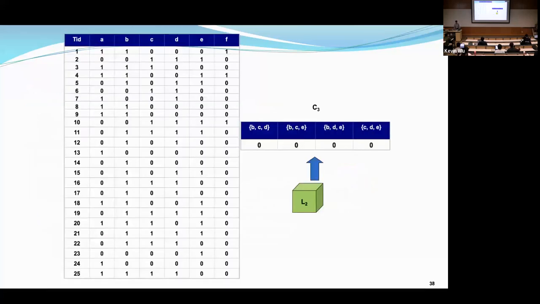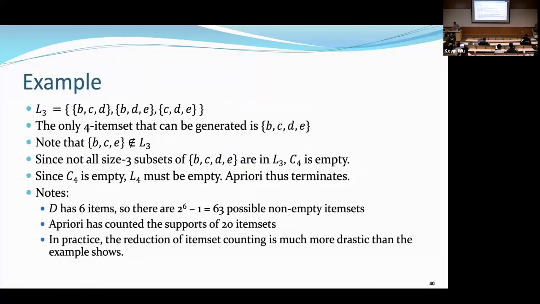So if you follow this procedure, you'll find that C3 will look something like this. That would be 4 candidate size 3 item sets. We scan the database to obtain the support counts. Those that are frequent will be collected into L3, all right? And from L3, this is what we get. We will have to create C4, all right? That is to say, we'll take two item sets from L3, join them together to get a four item set, and check whether the 4 item sets